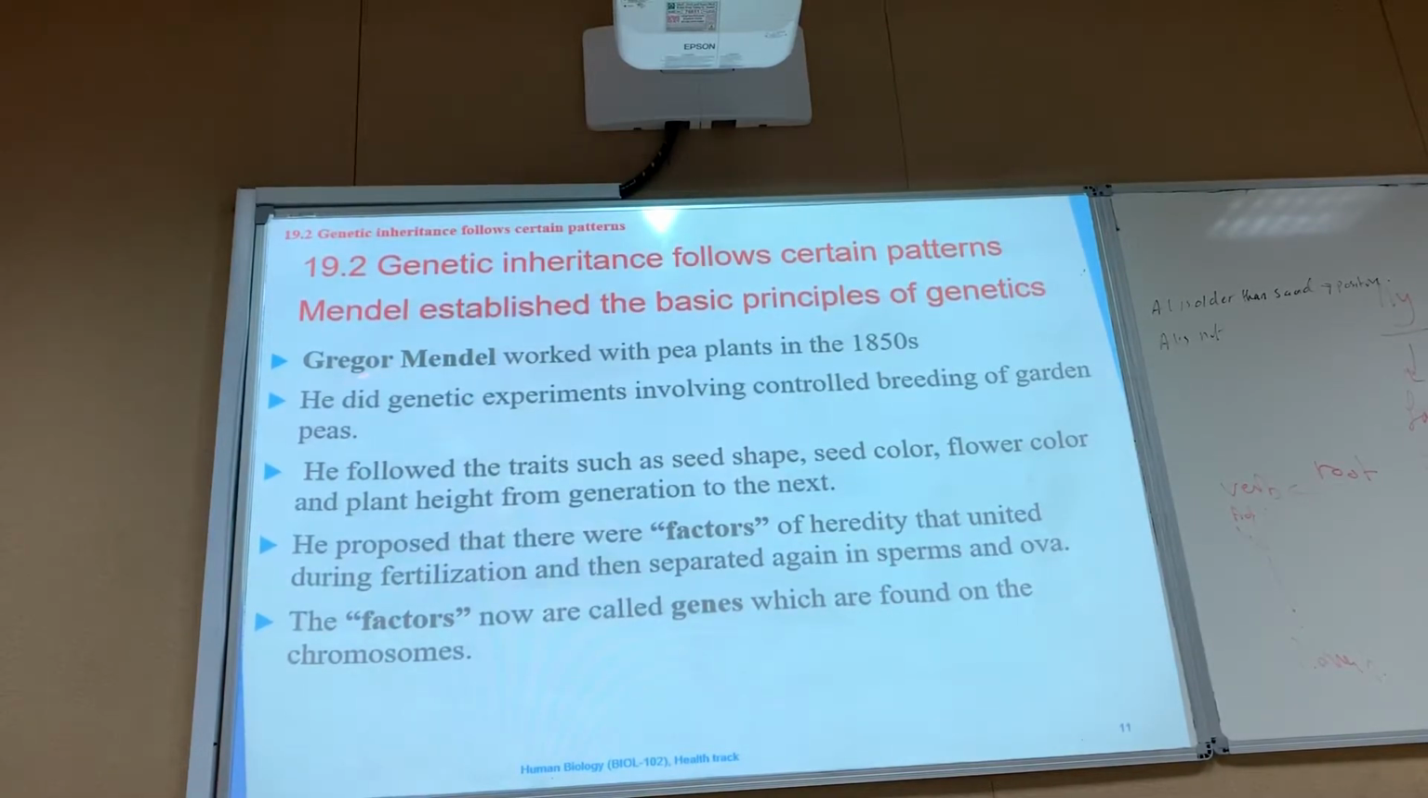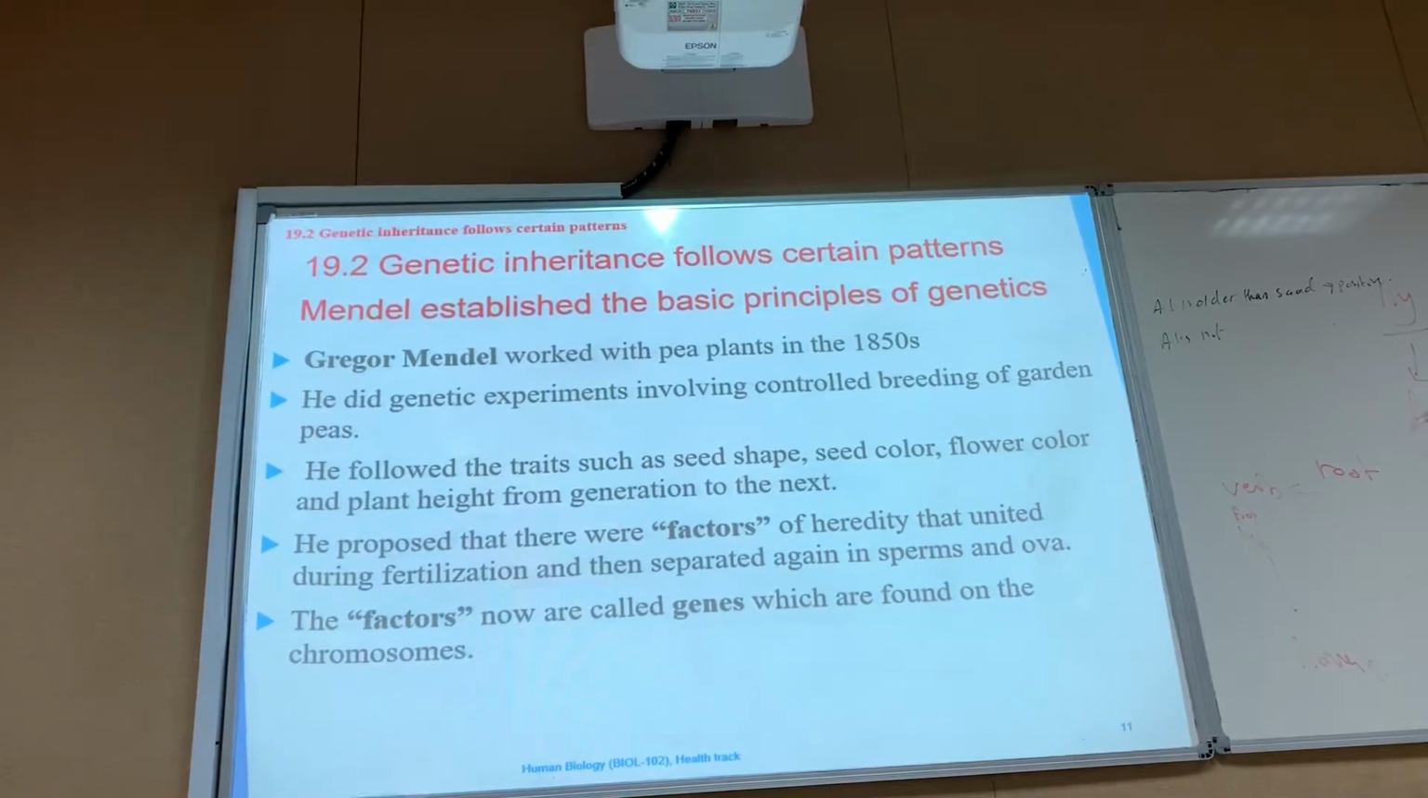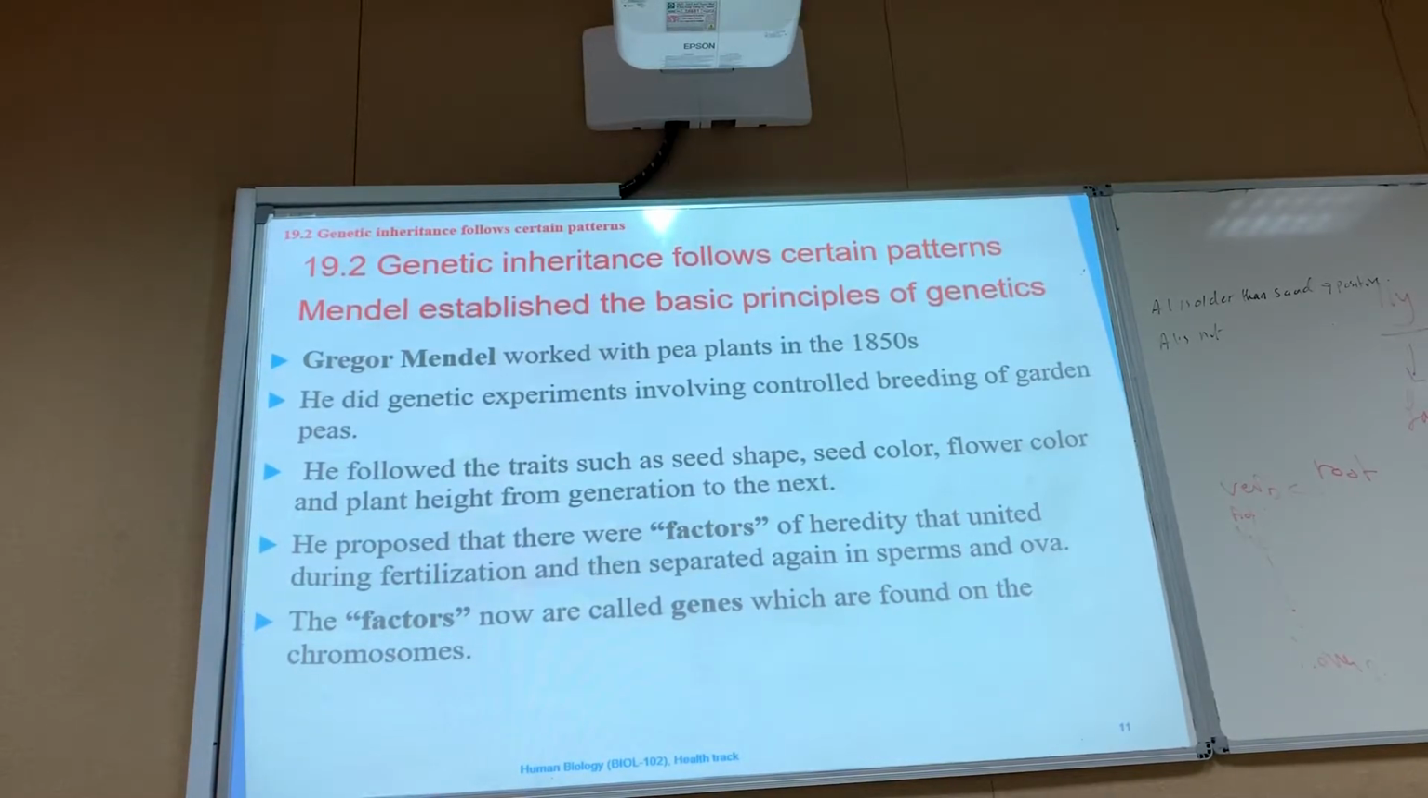Okay, so you know Gregor Mendel, the famous guy for genetics, in the peas. In the 1850s, he did these experiments on peas. He was a Christian monk, not a scientist. He was doing these experiments, and he established the two laws